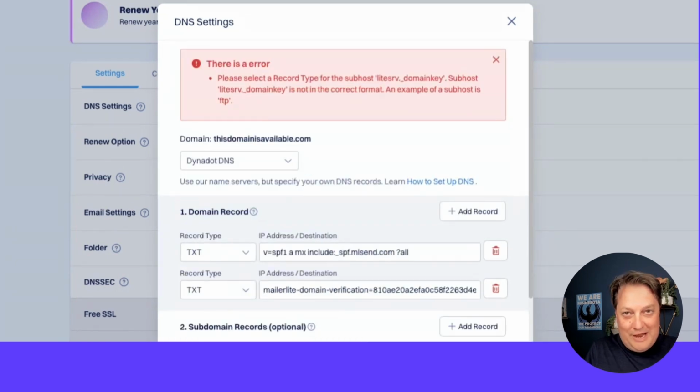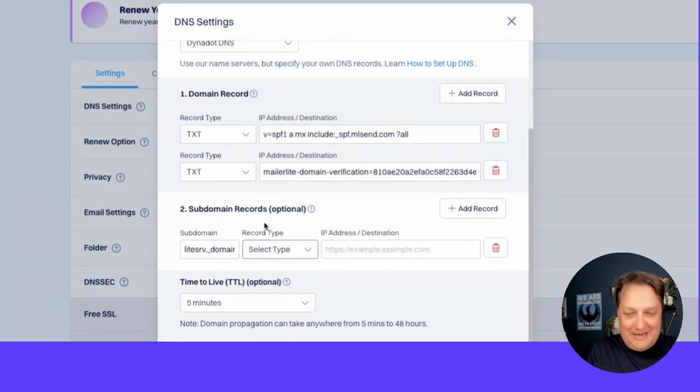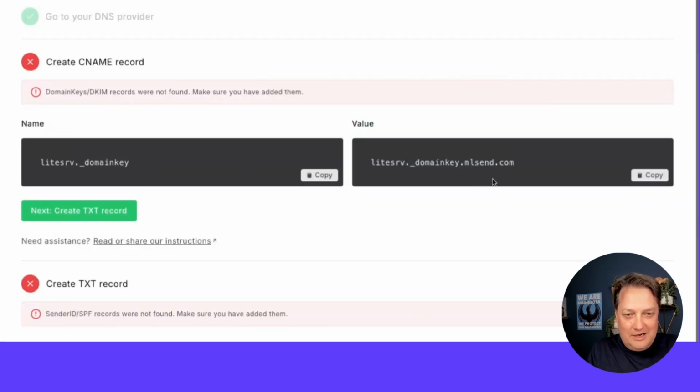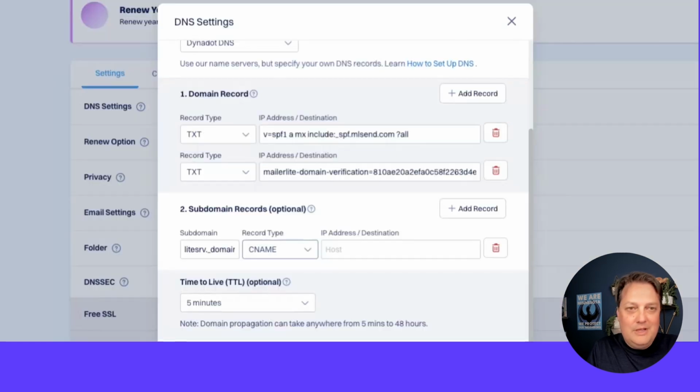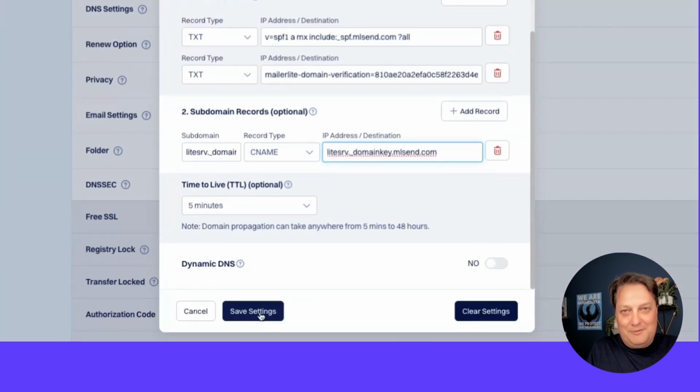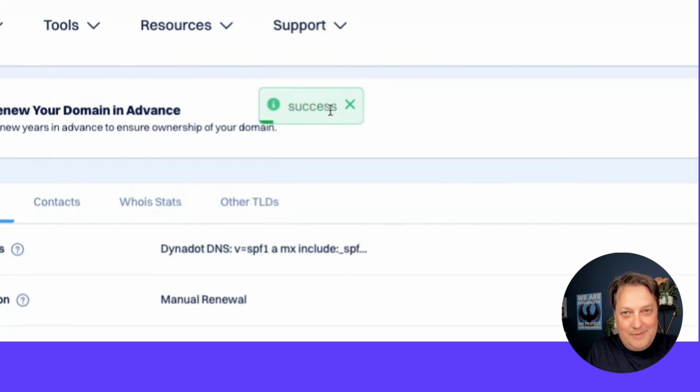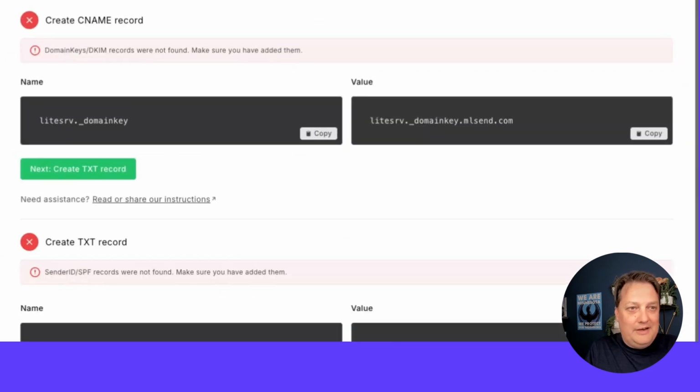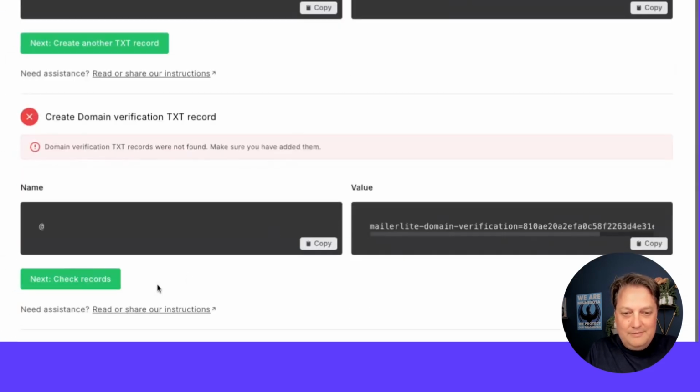If you get an error, follow the instructions. I neglected to choose what the subdomain's record type was. That should be a CNAME record. Again, clicking on the CNAME record's value to copy it and then paste it in, and then you click on Save Settings. You'll get a success message on Dynadot,